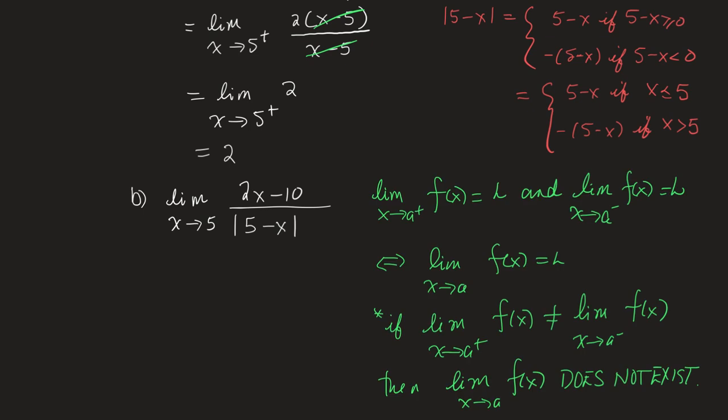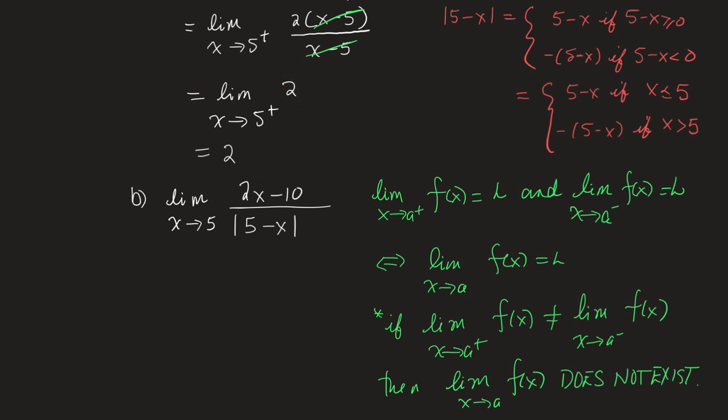If the right and left hand limits are in fact not equal, then this limit does not exist. If they are equal and they're equal to the same real number, then that is in fact the limit as x tends to 5. So I already figured out that the limit as x tends to 5 from the right is